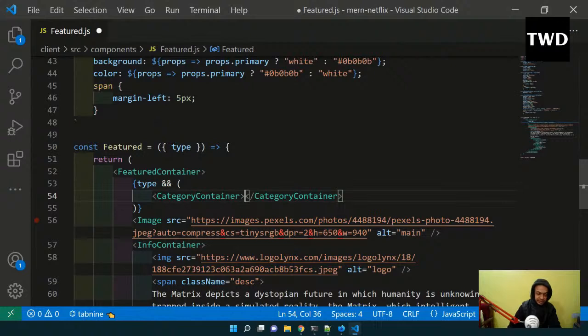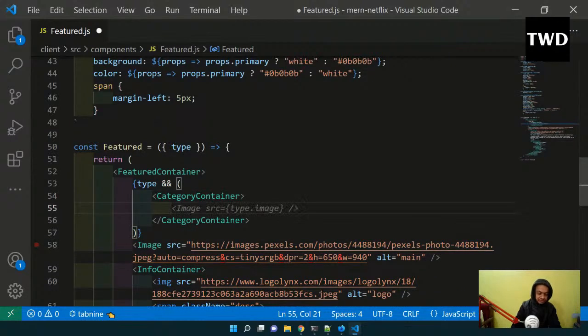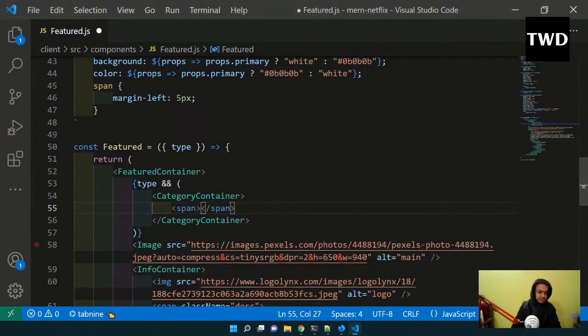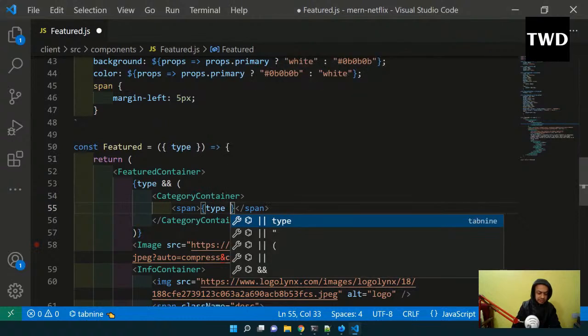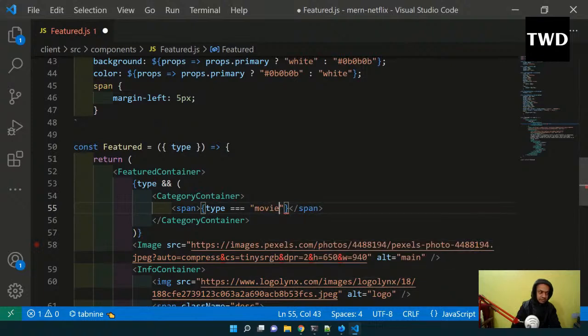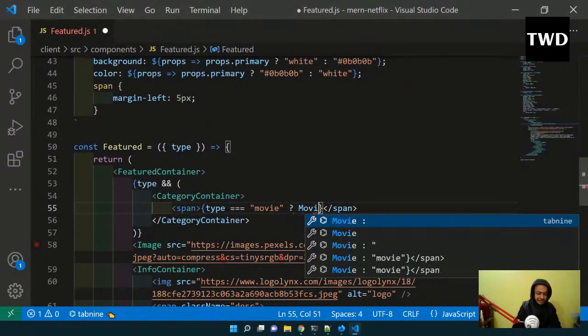Then inside this I will have a span of type. If the type equals movie, then I'll show a title which is movies,